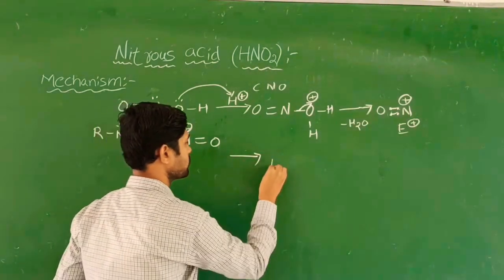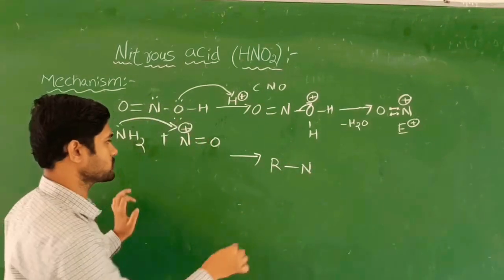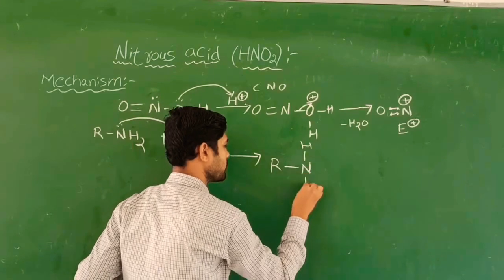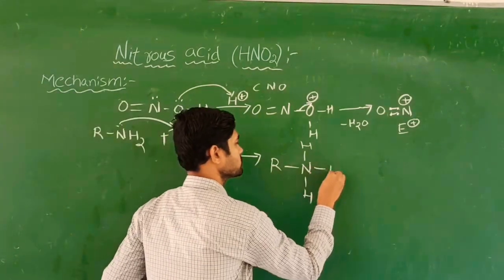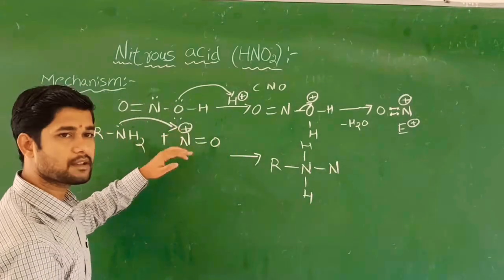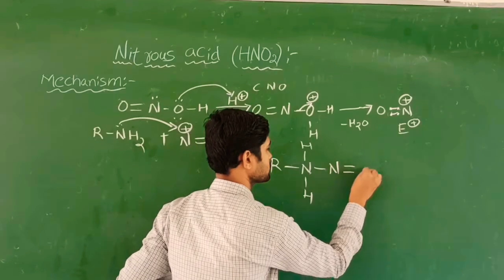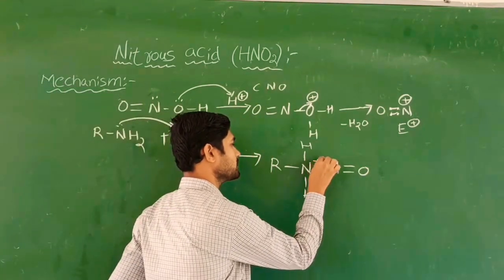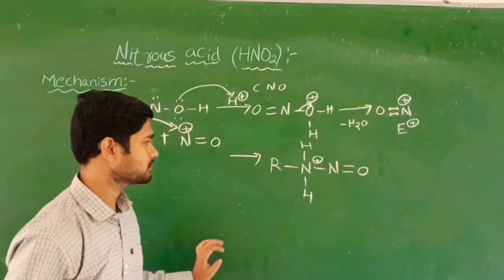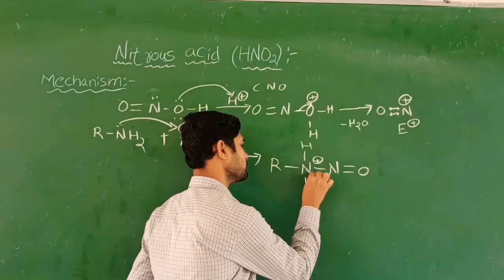Now as it is, I am going to write R, and this nitrogen having 2 hydrogens. I write 2 hydrogens also, and the new bond is formed with the nitrosonium. So this charge has now been removed, because the new bond is formed. The remaining I write as it is, and here the nitrogen has the plus charge. So this is unstable, and this hydrogen is going to be lost because of this deficiency.